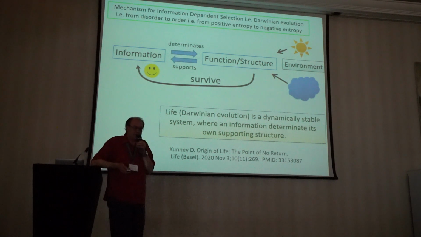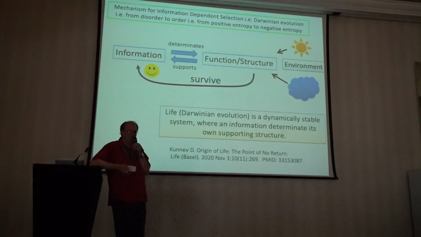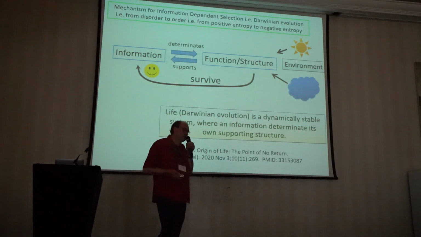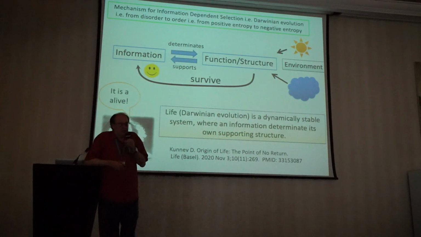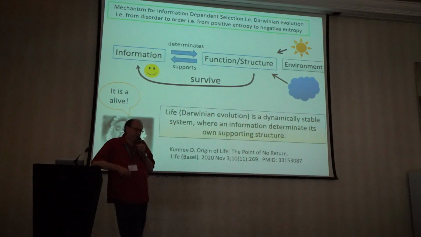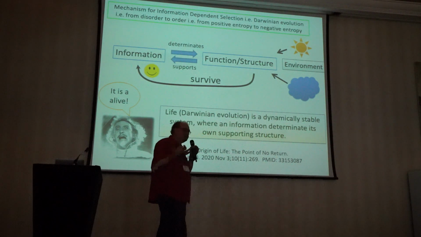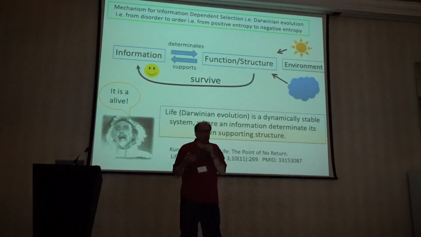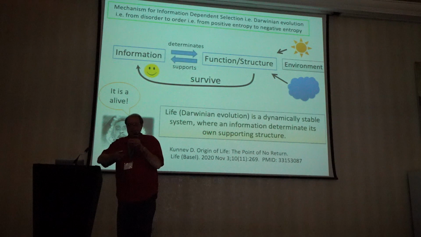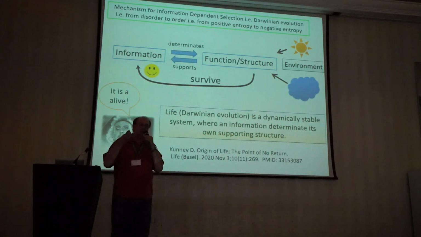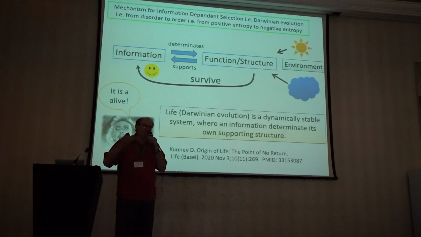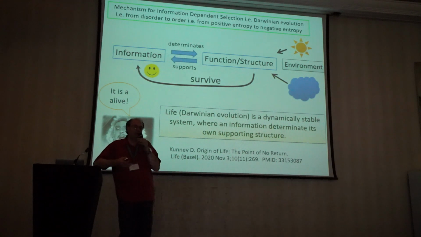Therefore, we can say that Darwinian evolution is a dynamically stable system where information determines its own supporting structure. It's simple as that. Now, you can have some kind of periodic interactions with many different polymers or molecules and so on, but you cannot evolve. You cannot make anything more complicated than, for example, 6 or 7 specific amino acids or nucleotides,